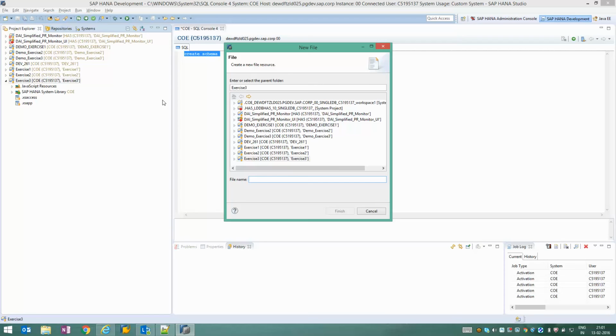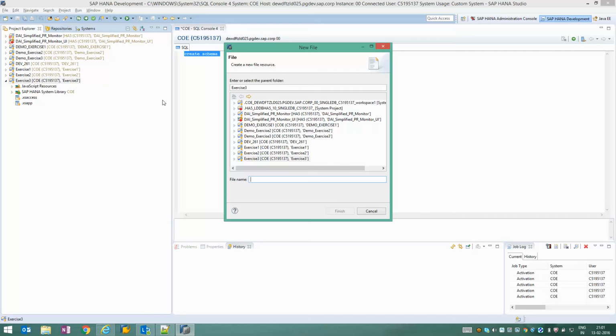Now whenever you are going to name this schema, you should be careful that whatever is the file name that you're going to provide for the schema is the same name that you should provide for the schema as well. So the file name and the schema name should be same. That is basically how the system will be able to identify what is the schema which you are creating.